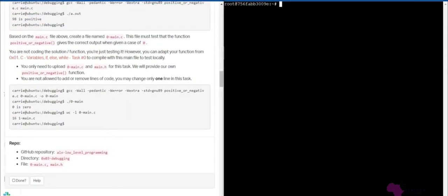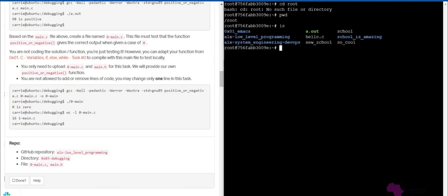So now I have already opened my webcam, so I'm going to move into it. Let me first know where I'm at. I'm in root, so let me see the directories that I do have. I have ALX low level and ALX system, so let me move into ALX low level